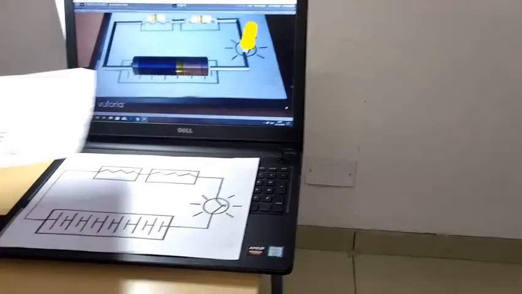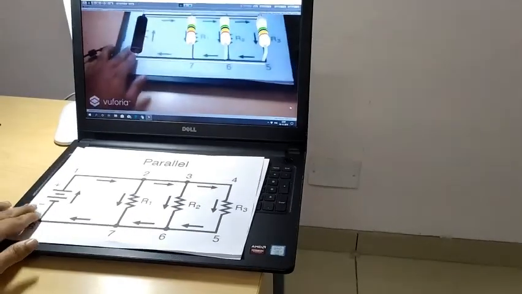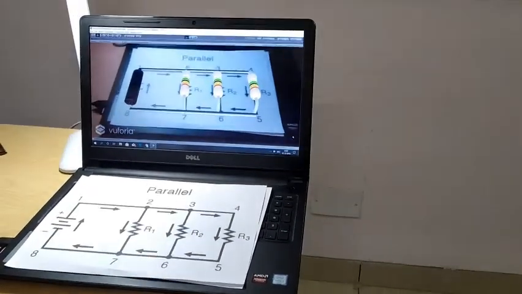Now we are taking the second case, parallel circuit. So in this it is also happening, image processing will be